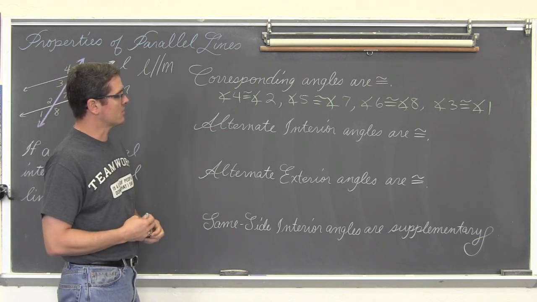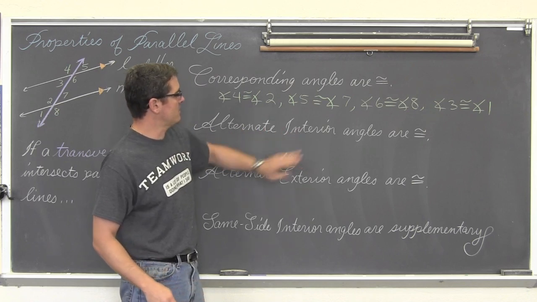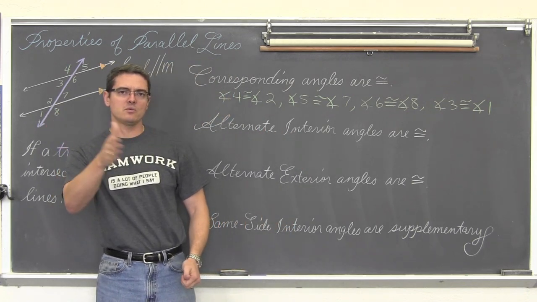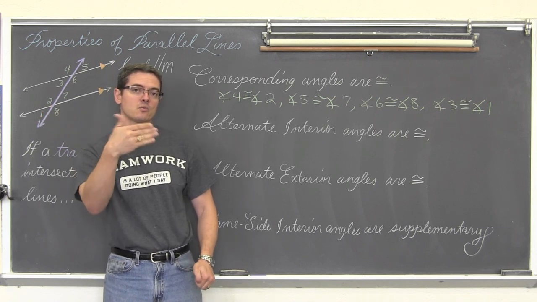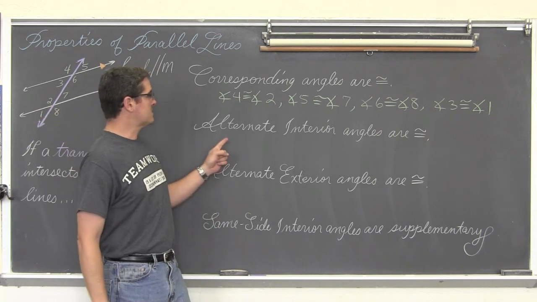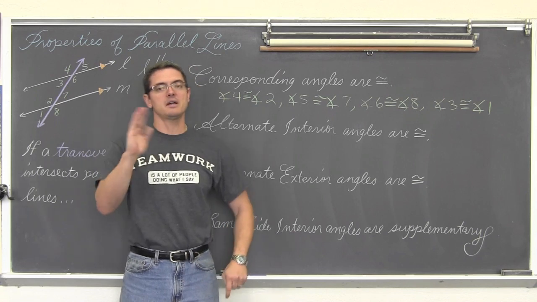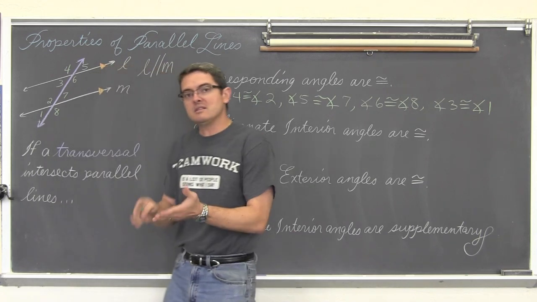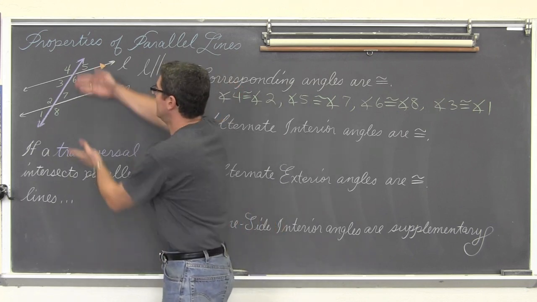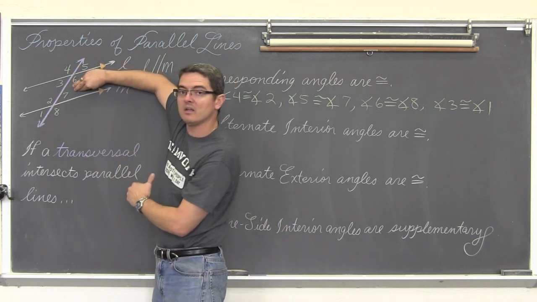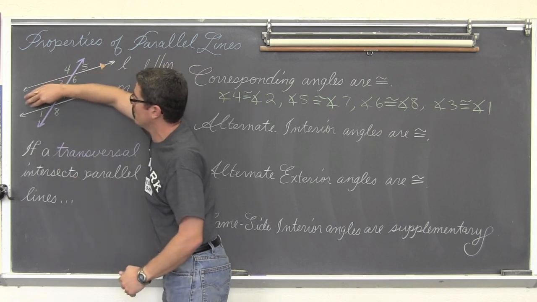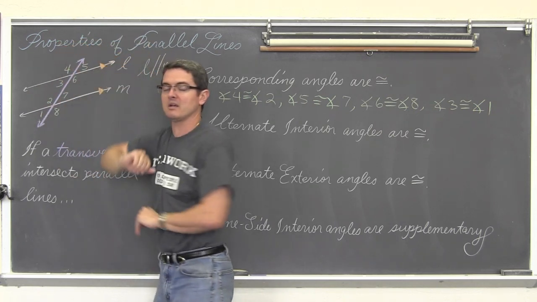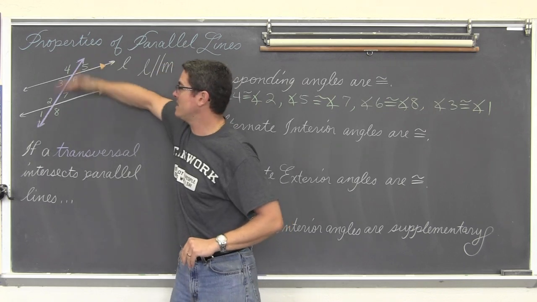Alternate interior angles are congruent. Now, alternate interior angles. Alternate, remember when we defined these in the other video, we want to go from the left side of the transversal to the right side of the transversal, or that alternate interior angles are on opposite sides of the transversal. And interior is the interior inside, in between those two lines that are being cut by that transversal. So this area in here is going to be the interior, and then outside these parallel lines that are being cut by the transversal, that is the exterior.